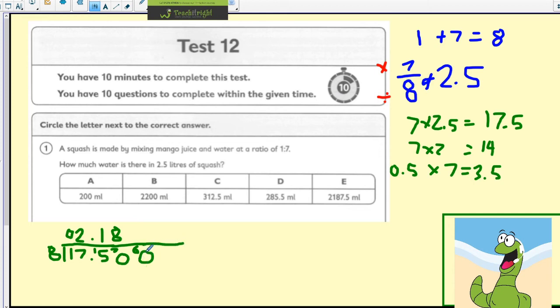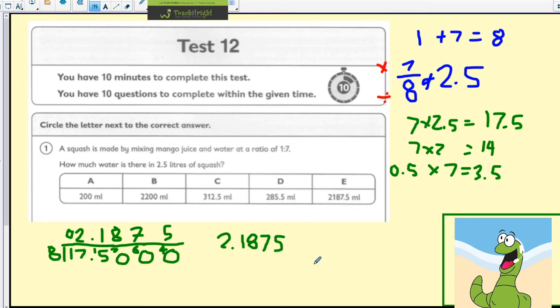And then 8 into 60, well, 7 times 8 is 56, so it goes in 7 times. And then the remainder between 56 and 60 is 4. And then finally, 8 into 40, because again I can just add as many zeros as I want. 8 into 40 goes 5 times. So my answer is